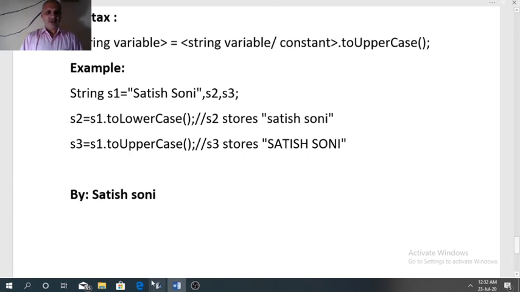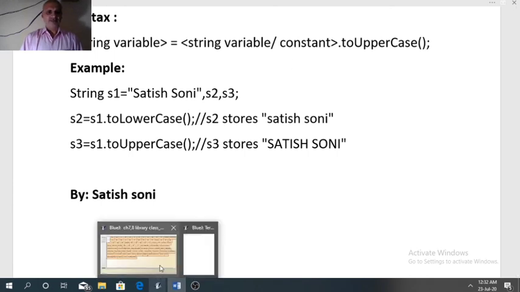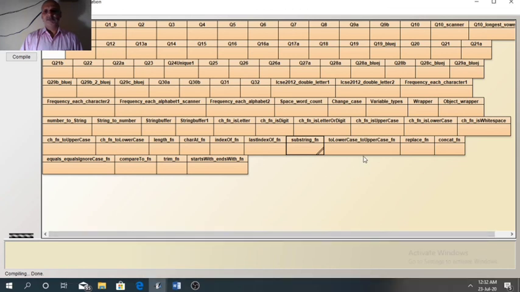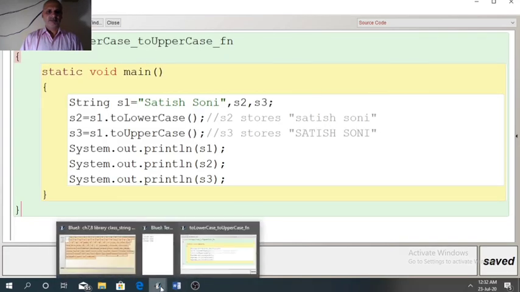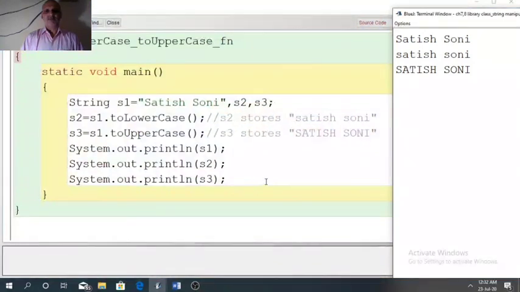Now we will see the result. See what we are printing.